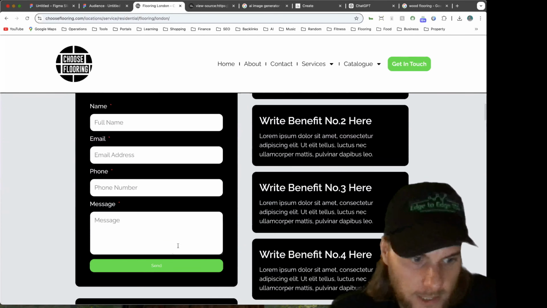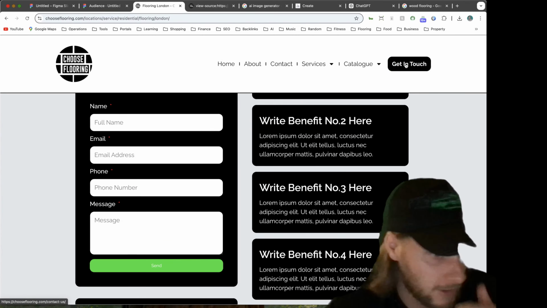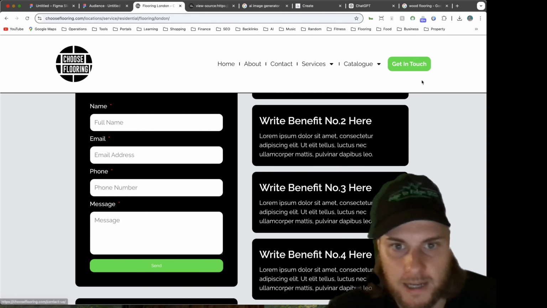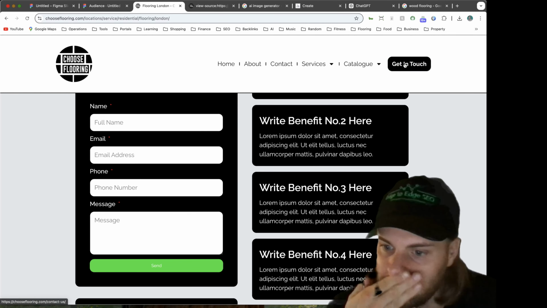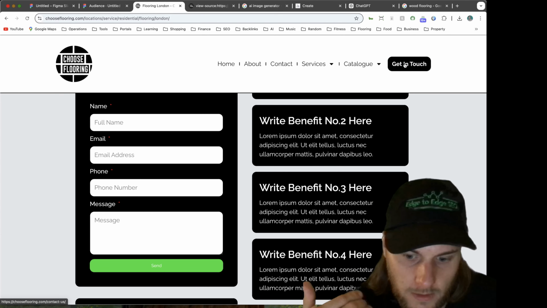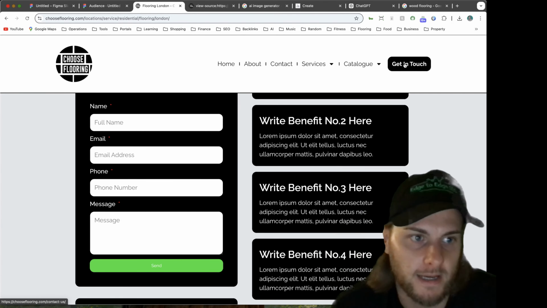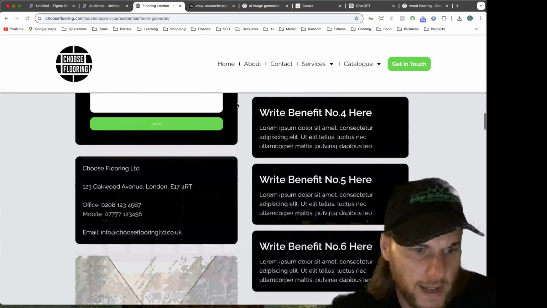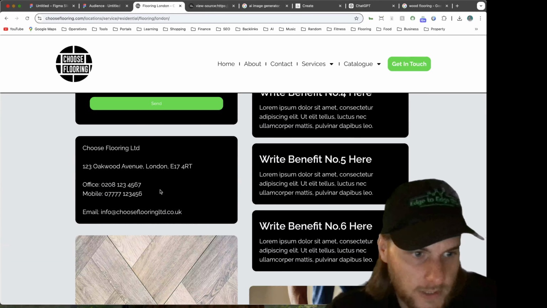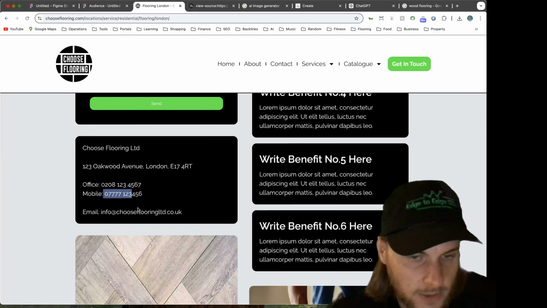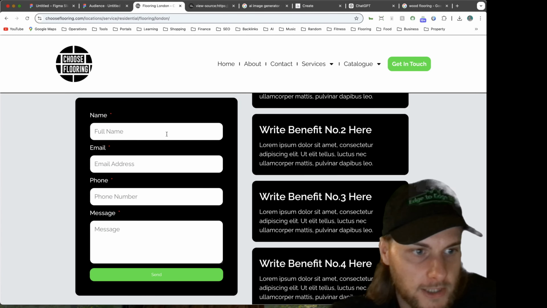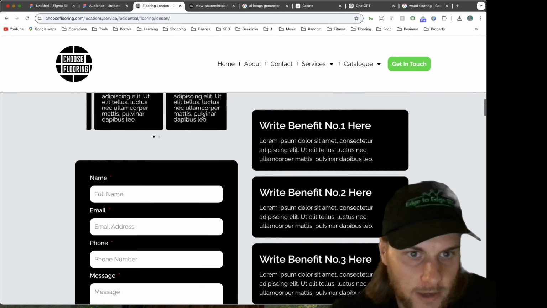There's no other green on this site apart from the buttons that I want people to use to contact us. So you need to find a color that is going to be bright and is going to entice people to click, and they cannot miss it. As your call to actions and things like that, you want to be making sure that you've got all of the contact details, or the details that you need people to contact you on. Every single page that you think someone could convert on, those details need to be on there.